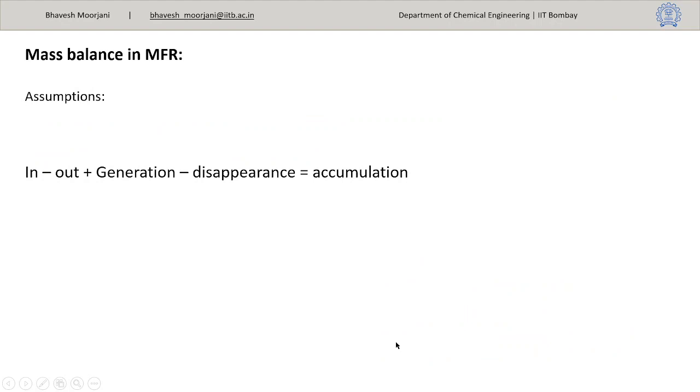So before starting with CSTR, let's just understand the simple mass balance of a CSTR. This is how your normal CSTR will look like. Okay,